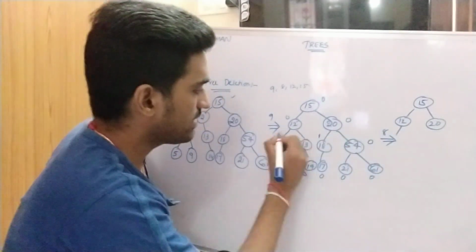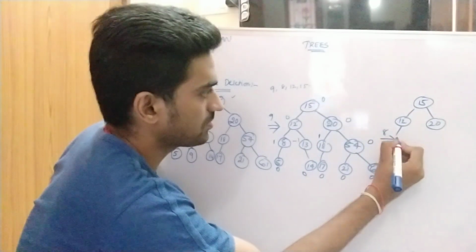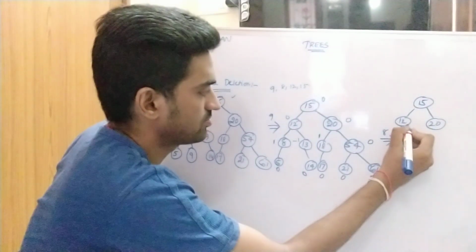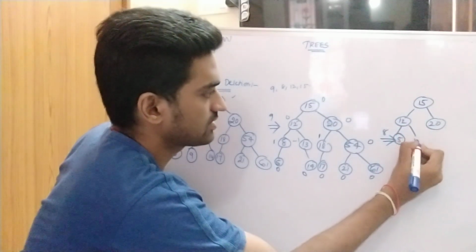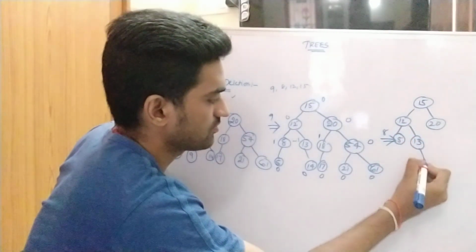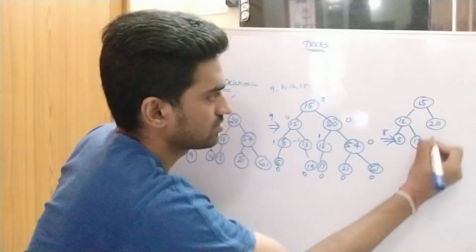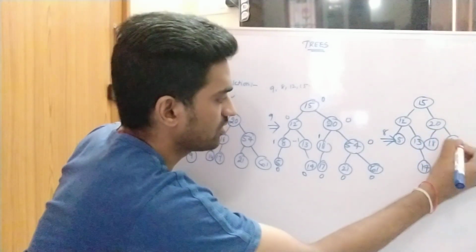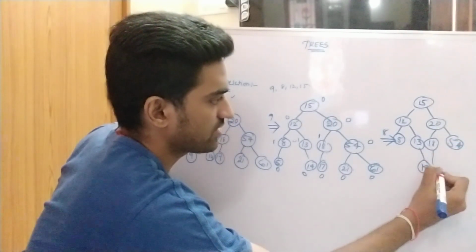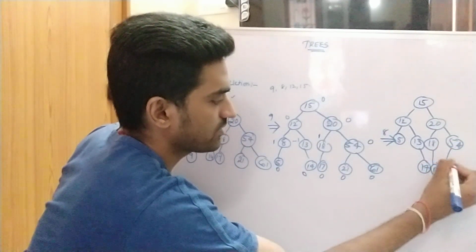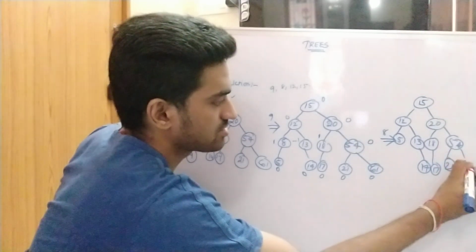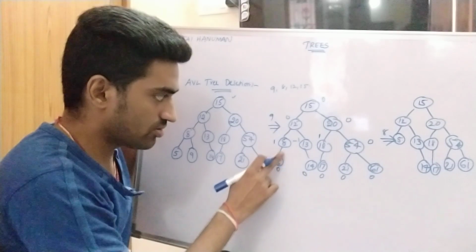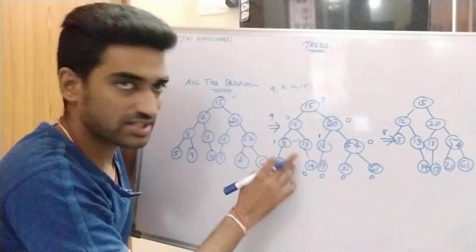So here I am deleting 8. So child becomes parent. So here 5, 13, 14, 18, 54, 17, 21, 61. So after deletion of this node, left subtree is affected.